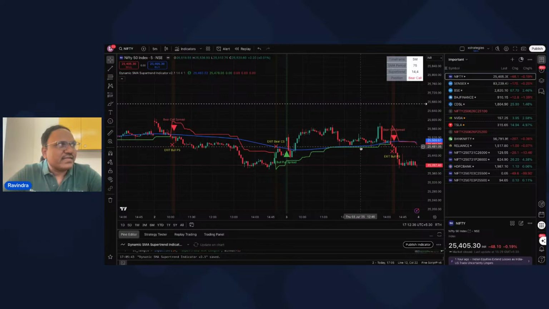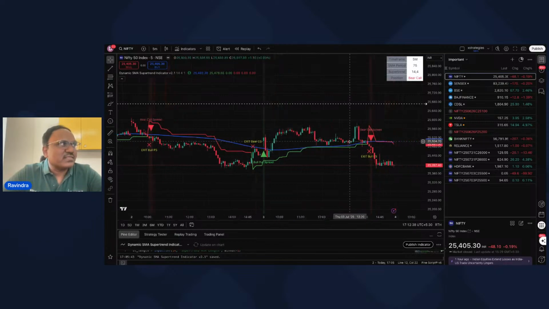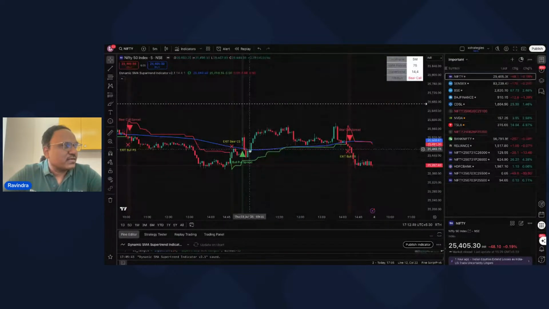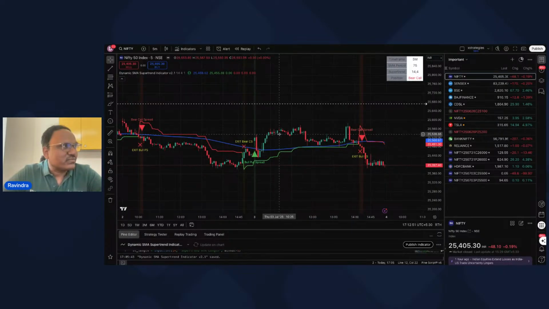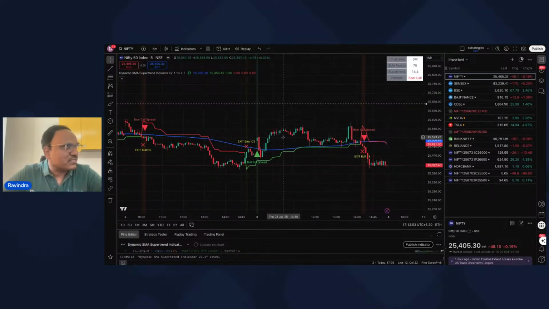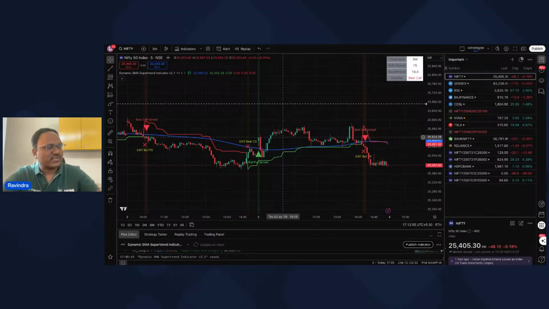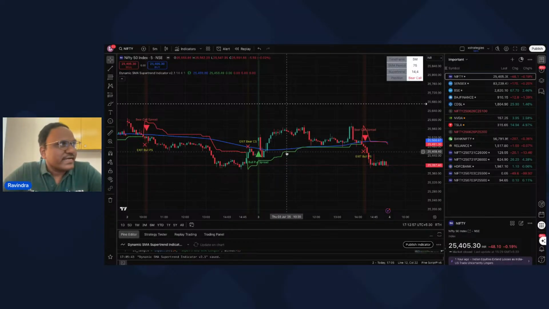Even if I had waited till here, I would still have made money, because pretty much 935 to 120, 220, there would have been a good decay. But anyway, I eventually exited at about this place. I think that gave about 0.8% or so. I posted it on Twitter today morning. So that is the trade that I took.